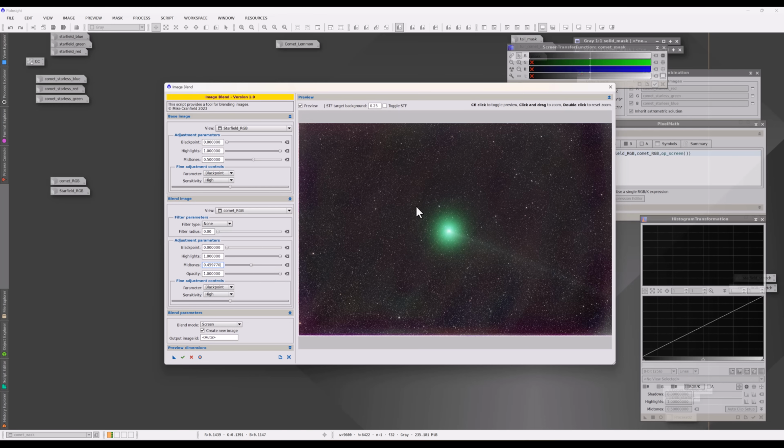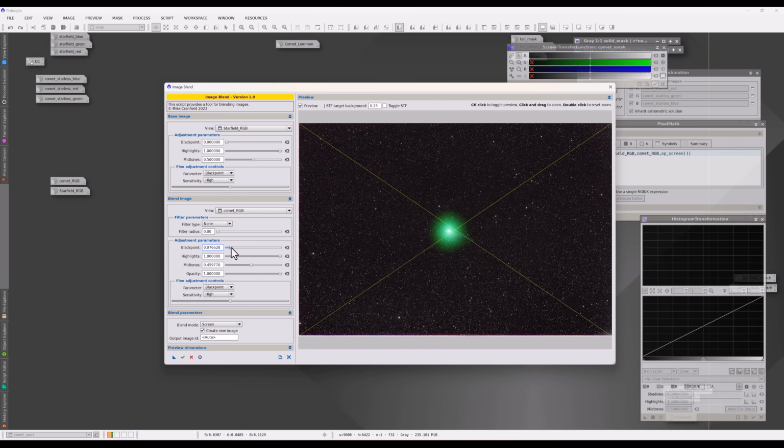And then if I can still see the artifact, what I can do is raise the black level of the Comet-only image that's being blended, because I'm not going to touch the star field in this case. If I raise it enough, the tail is just going to disappear. And if I continue to raise the black level, I'll just be black clipping the Comet, which is not what we want to do. So you want to find the right black level that does not show us the background, but shows us the tail and everything else that we want to see